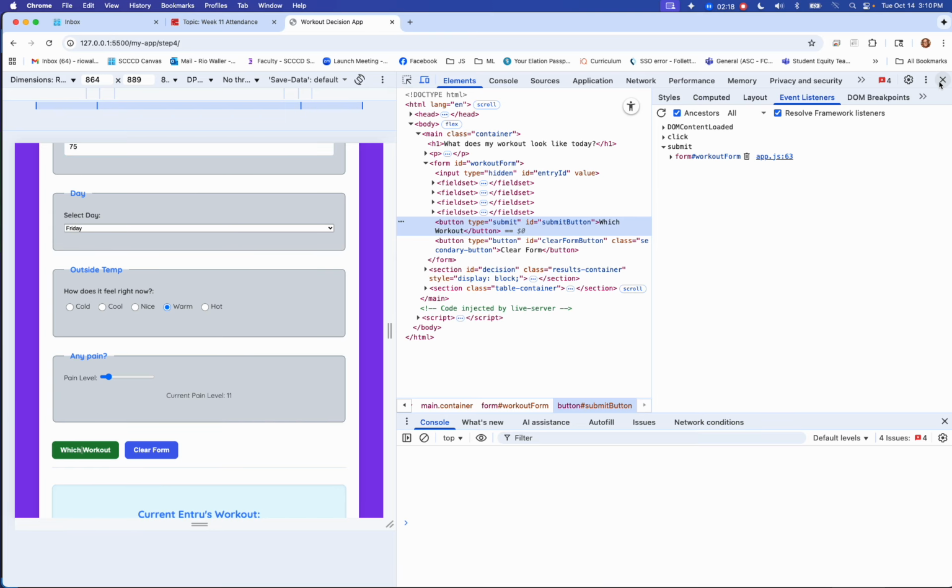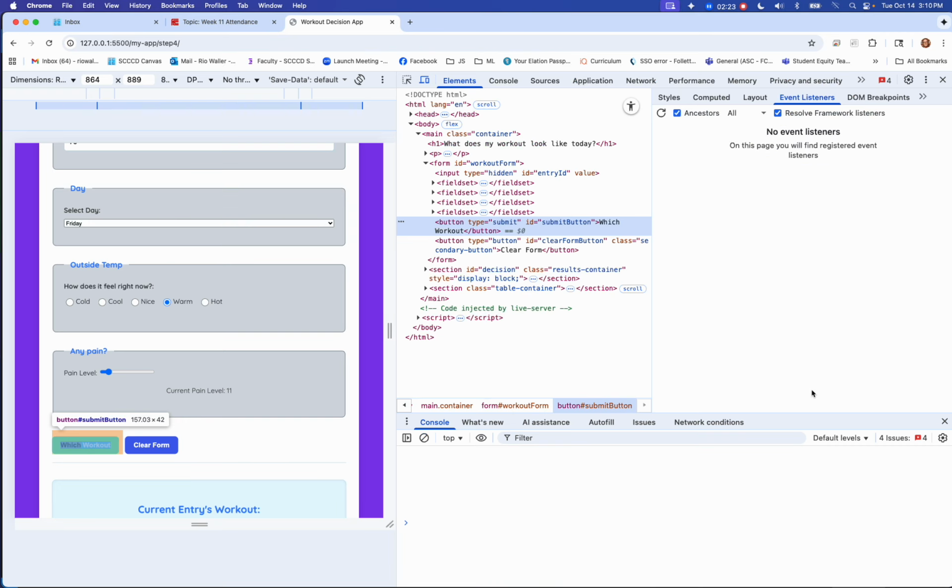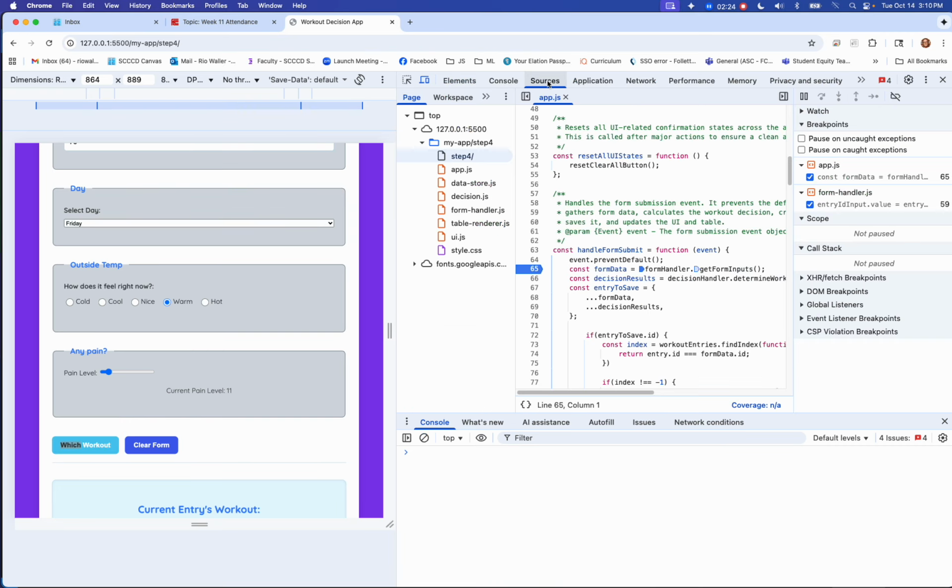All right, so I'm going to drop that for a minute. Oh, I'm going to go back. I should have actually kept it up. Inspect, go to my source. And so for me, I have that breakpoint. Okay. So now in here, when I click, because right now my breakpoint is not activated, I'm going to hit